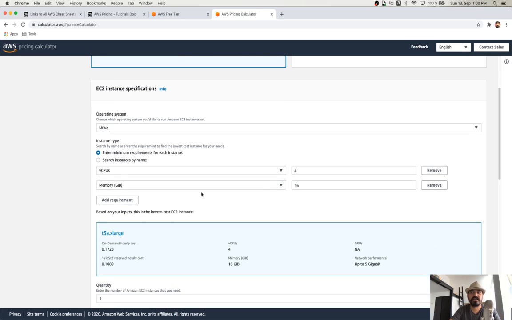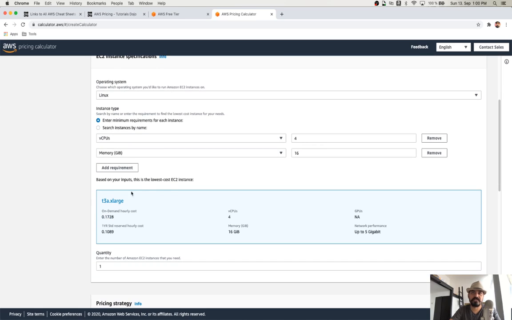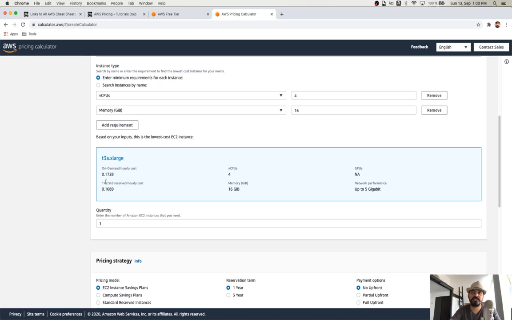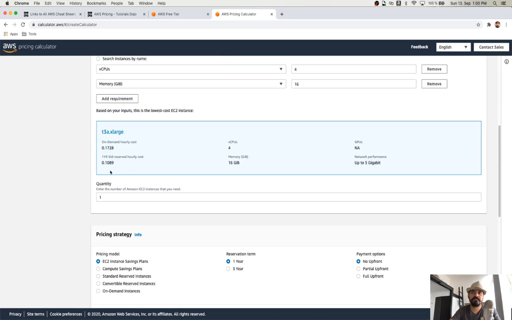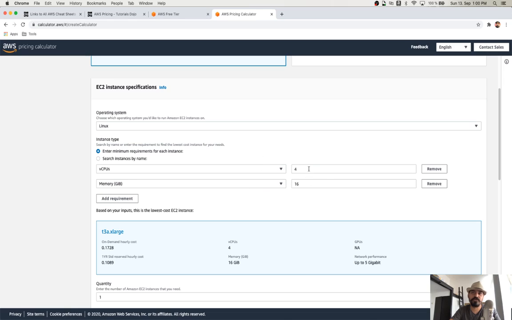Okay, and you can add your memory of RAM, what you're expecting, and the virtual CPU, and the compute capacity, and then whatever size you choose, it's going to select an instance type for you automatically, because these are the figures which you may know from the on-premise, but not this D3A.X large.